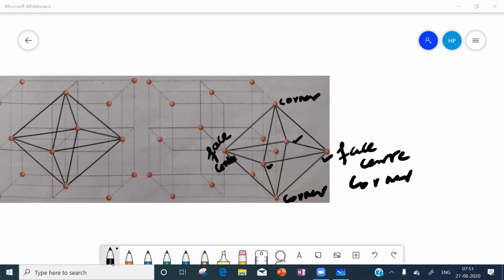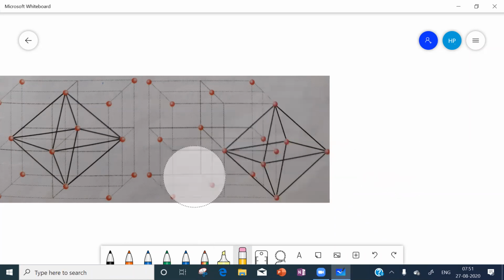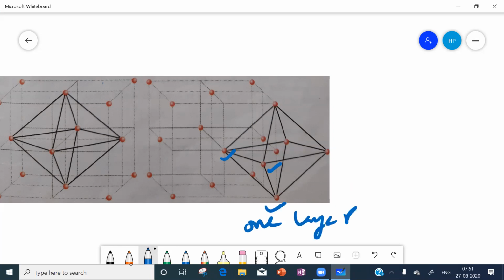Anyhow, totally 2 layers only should be there. How should the 2 layers be? Three balls in one layer and 3 balls in another layer, like that only it should be. So we will take these 3 in one layer, then we'll take these three in another layer. Now this triangle